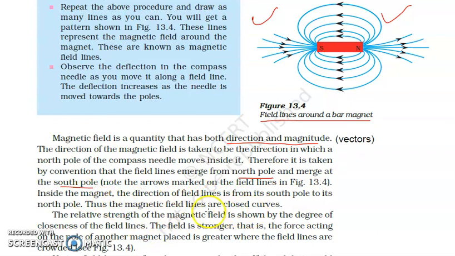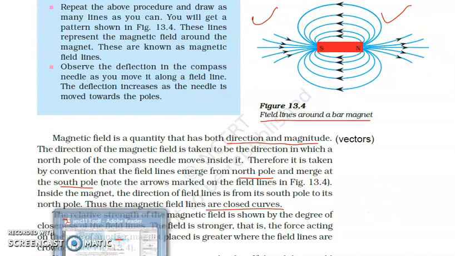Thus the magnetic field lines are closed curves. In the previous video, I talked to you about the magnetic field lines forming closed loops. This is the reason behind this. As you will see in the external part of the magnet, it is starting from the north end and ending at the south end, in this way as well, starting from the north end and ending at the south end. But as far as this internal part is concerned, internal part means magnet ke andar wala part, it will be from south to north. Means inside the magnet, the direction of magnetic field lines would be from south to north, and outside the magnet it will be from north to south, as you can clearly see in the figure.